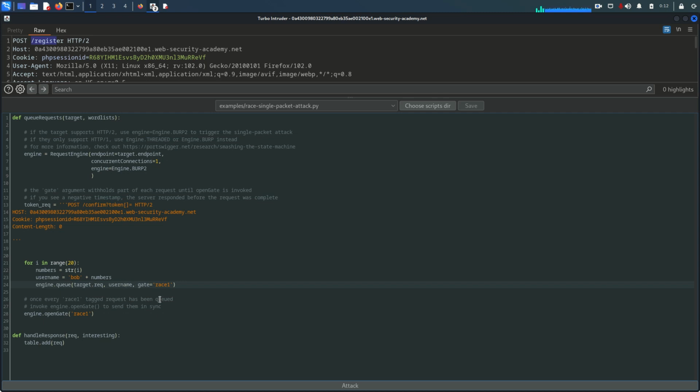Okay, and instead of race 1, we need to identify here numbers. So it is going to generate one by one all the requests with unique username, and it is going to queue all those requests. But within this, what we want,